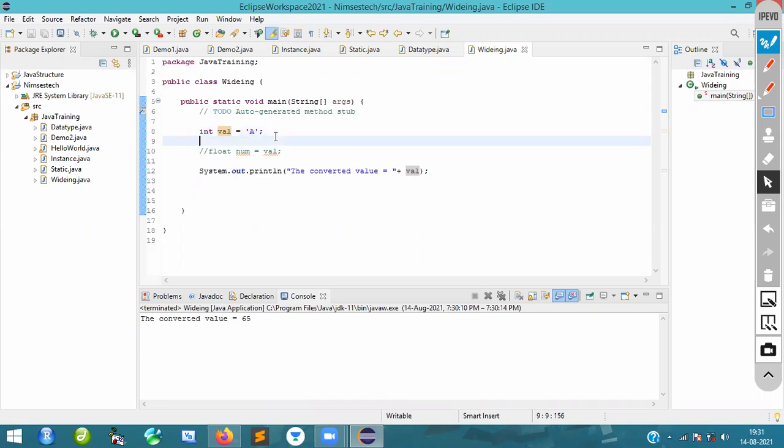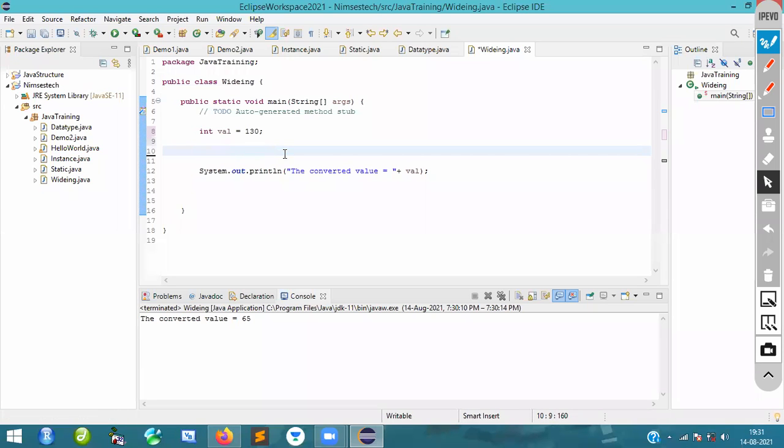Okay, we'll see one more program on this. Again, we're going to take some value like 130. Integer is a bigger data type; it takes 4 bytes.